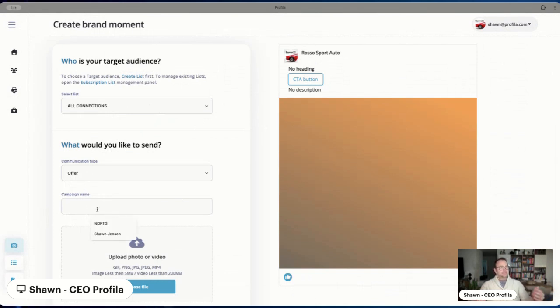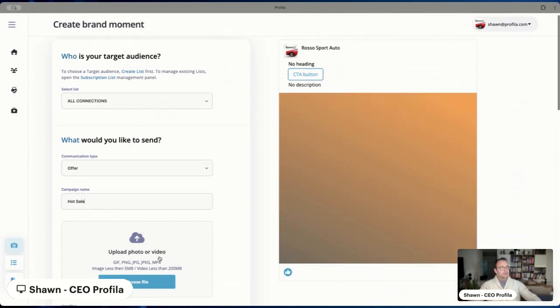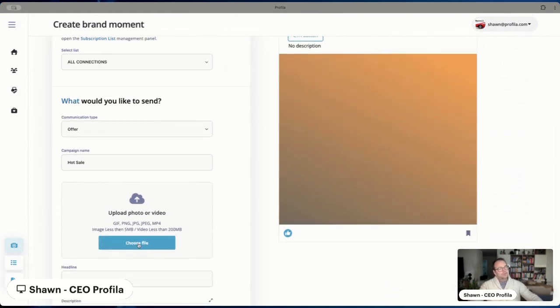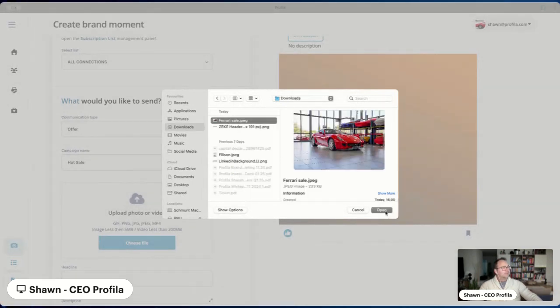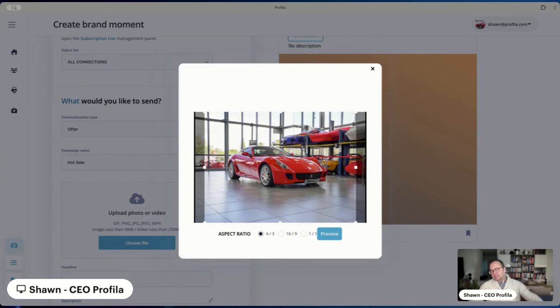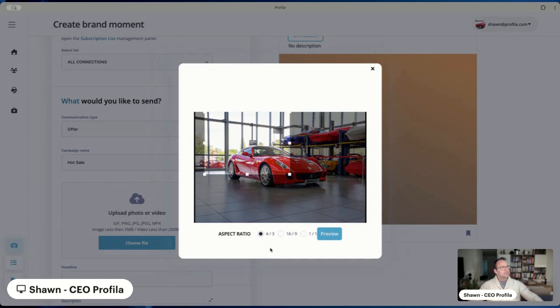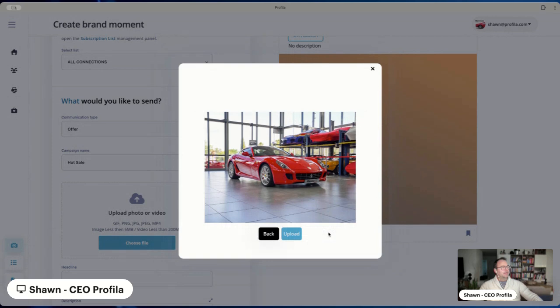Okay, so let's give this one a nice campaign name, which is hot sale. And let's upload an image. We've used the basic concept of cropping the images taken from the X platform, and we'll optimize this over time. But you can choose the aspect ratio and do some basic cropping to make it fit nicely for you into